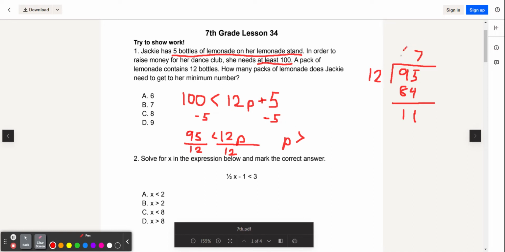So, if we bought 7 packs, we would only have 84 plus 5 is 89, which is not at least 100. If you buy 8 packs, we would have 96 plus 5, 101 bottles, which is 1 more than we need. And that is at least 100. So, not 7, but 8 packs must be bought to get to her minimum number. P is greater than